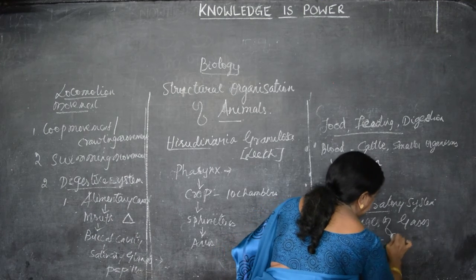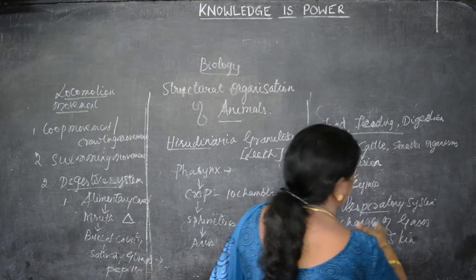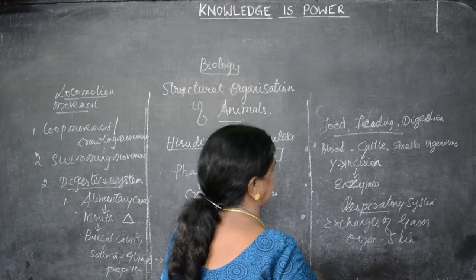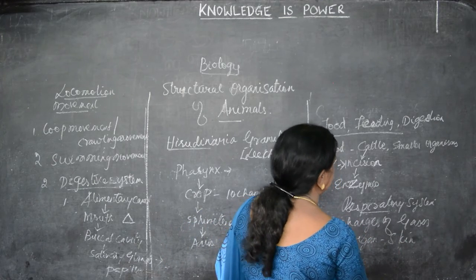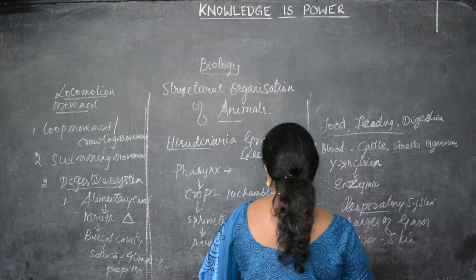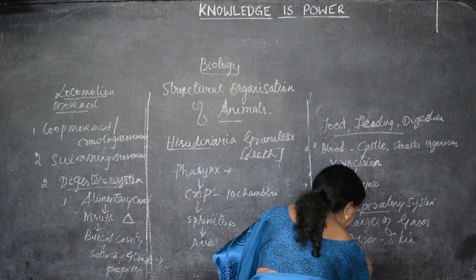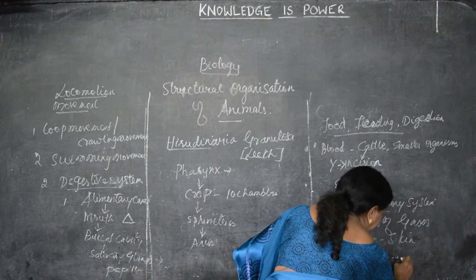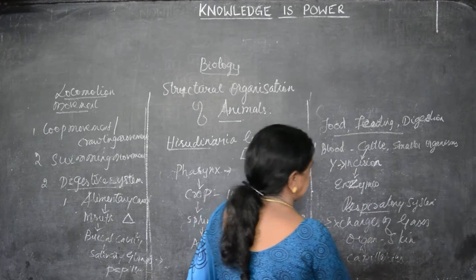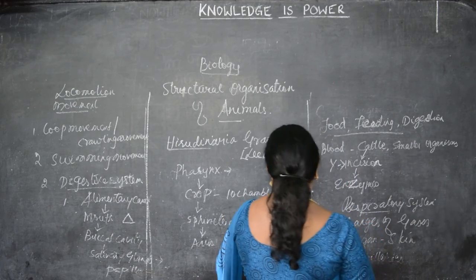The skin is the respiratory organ. The skin is always in a moist condition. Through the skin only, it absorbs oxygen and releases carbon dioxide. In the skin, as I said, there are small vessels, the capillaries. Because what is its food? Blood only. Through the capillaries, the tiny vessels, it sucks the blood.